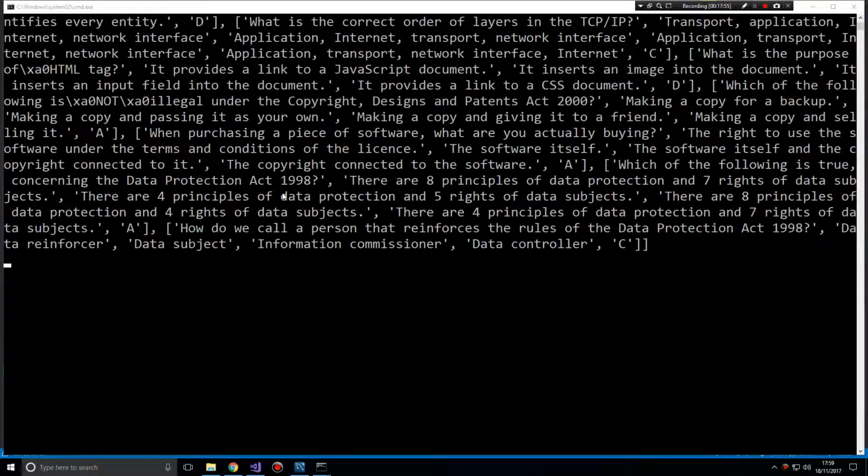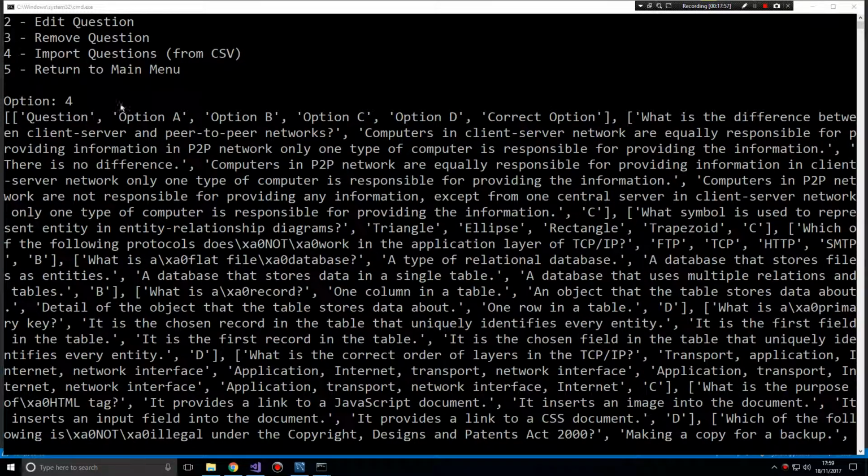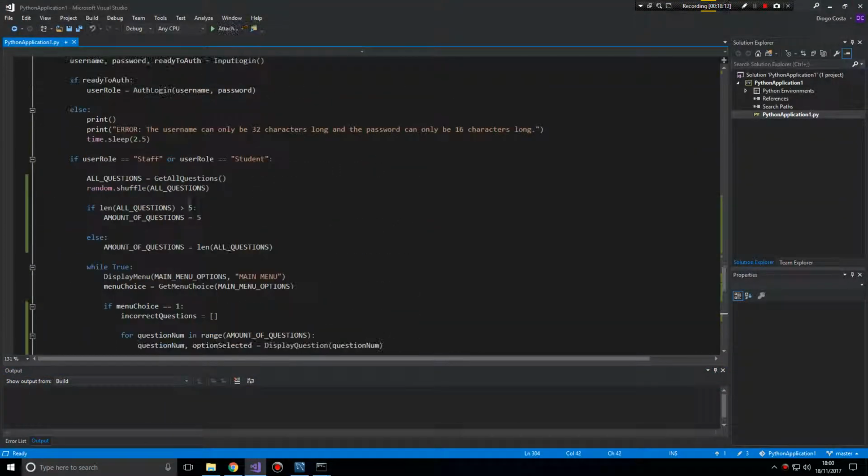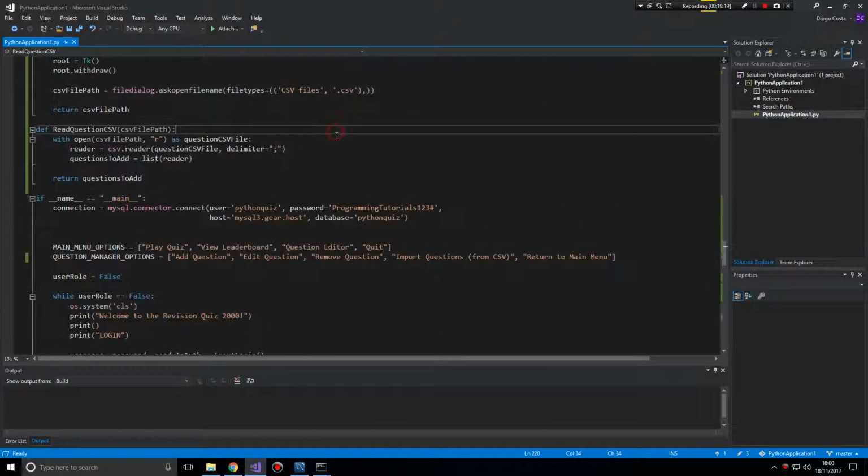What you've noticed, I don't know if you've noticed, but I did straight away, is that we seem to have also appended our headers as well. Now the CSV module actually provides a lovely little function to prevent that, and this function is quite simple. It's over here. After we've read it,